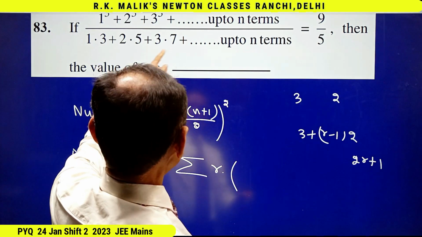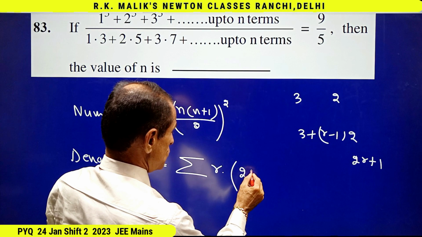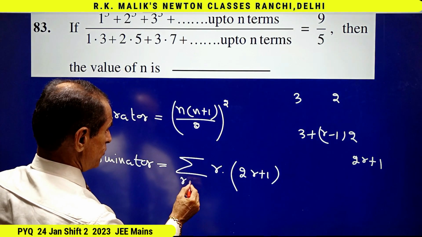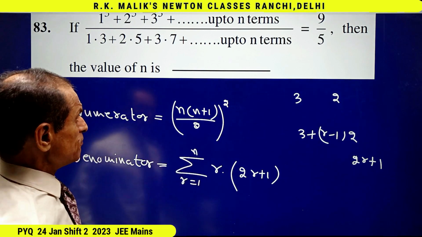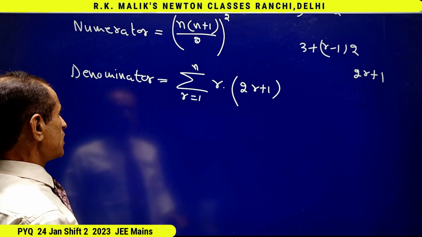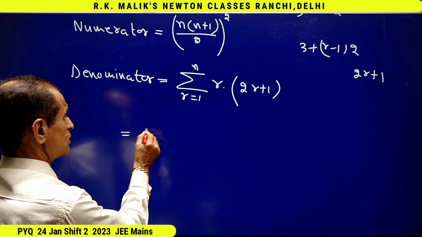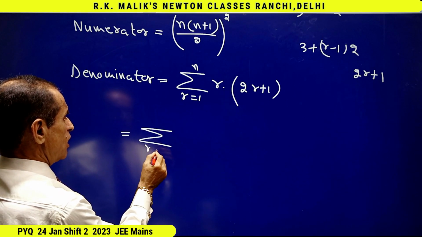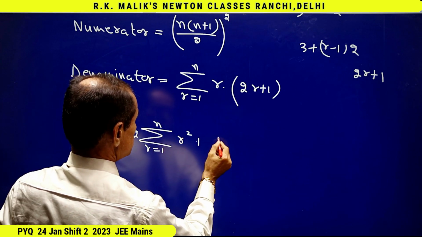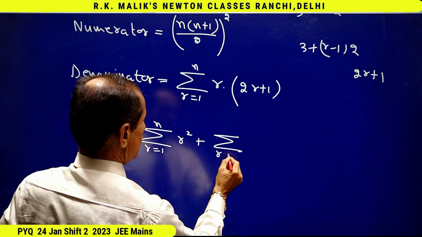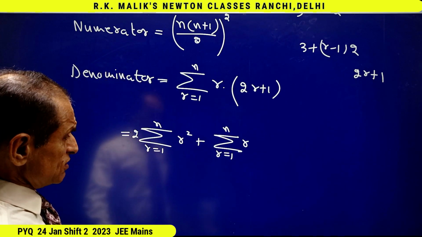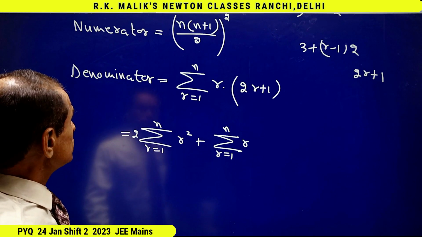Therefore, the R-th term of the second part will be R into (2R plus 1), and R will vary from 1 to n because it is given that there are n terms. Further, we can proceed in this way: sigma R equal to 1 to n 2R square plus sigma R equal to 1 to n R. Yes, we can proceed in this direction, but the way which I am going to tell you is